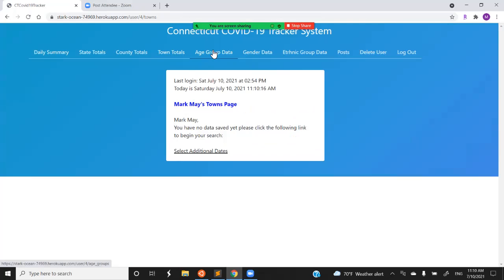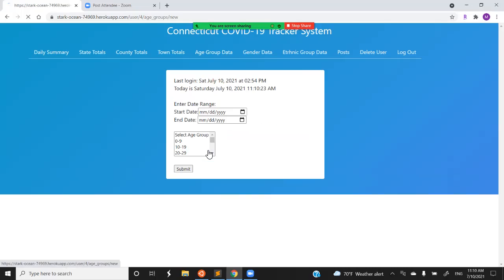If we move on to age group data, this seems to be one of the most interesting categories that people discuss, because some people are of the belief that more people contract COVID and wind up dying of COVID based on their age range. That may or may not be true, but the proof is in the pudding